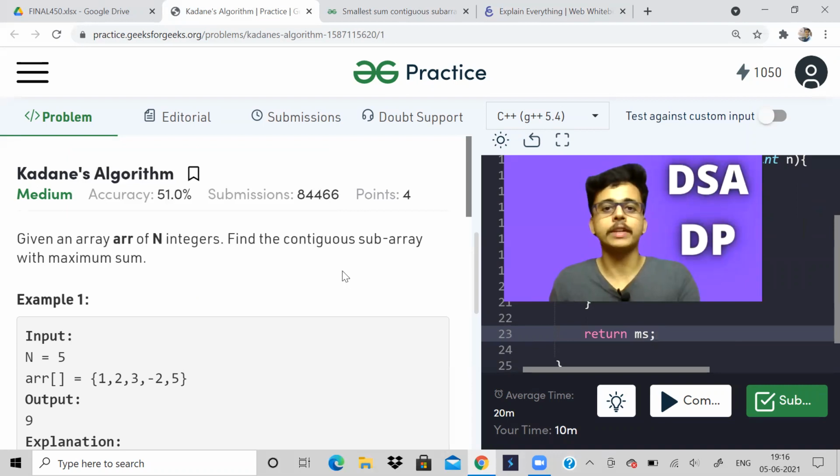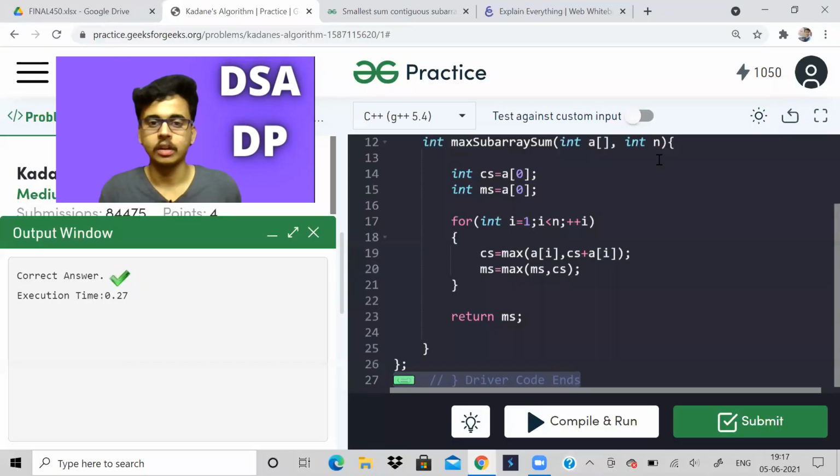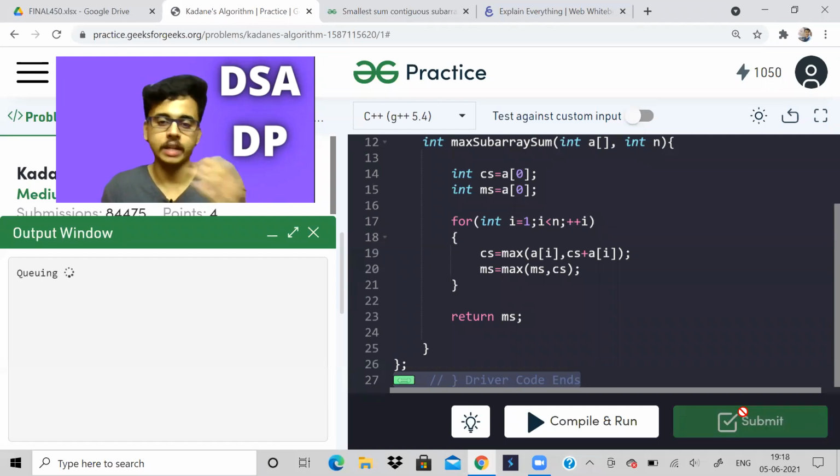So let us see if it will run now. So because of net issues, I had to reload the page, and I have submitted. If you want, I'll submit again and show you it is correct. So this was a very basic problem, and you can do smallest sum also. So over here it is largest subarray sum. For smallest, you have to just change it to min instead of max. The idea will remain the same.